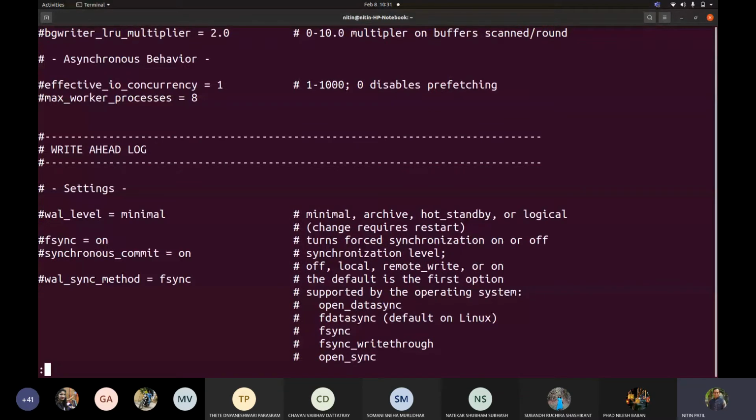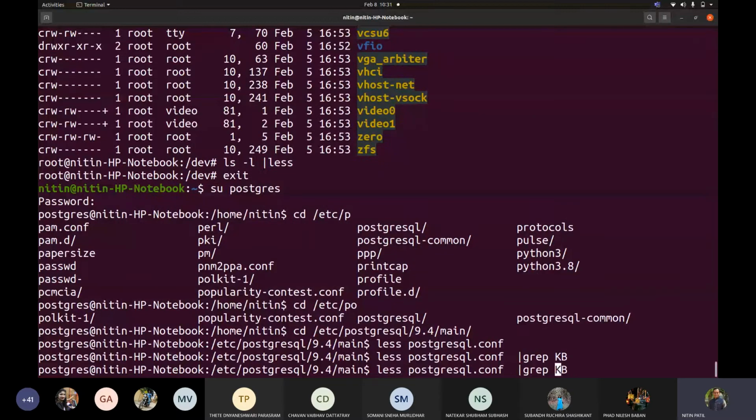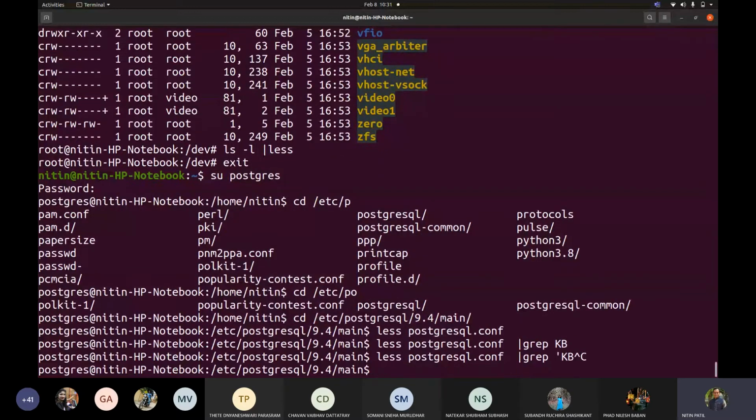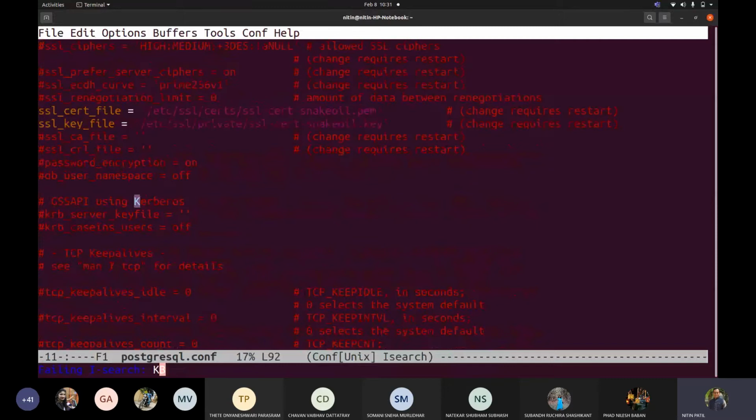So if I try to grep KB, let us go to postgresql.conf and let me search for KB, to see where exactly this size is defined.